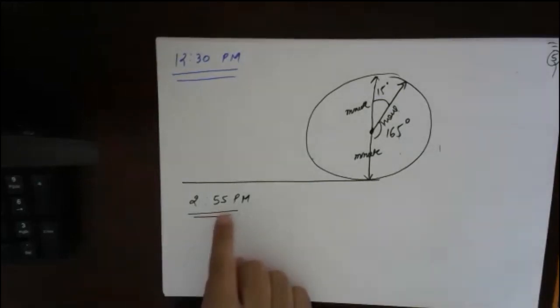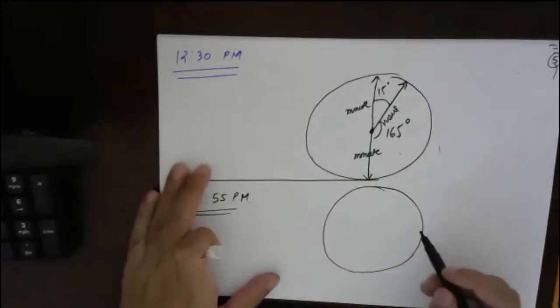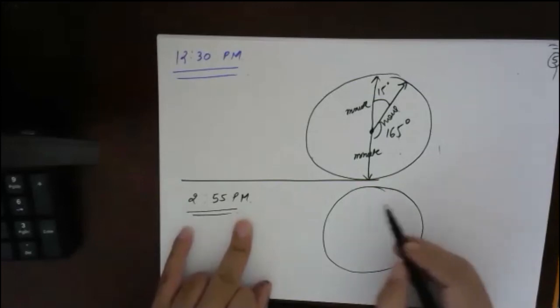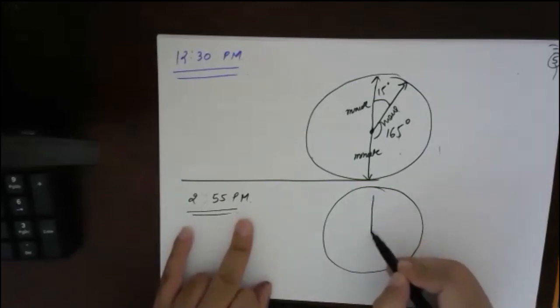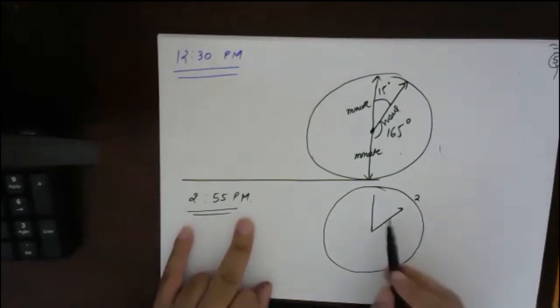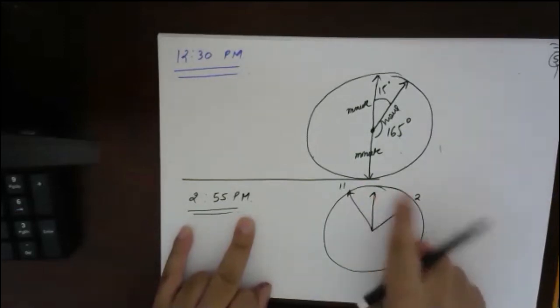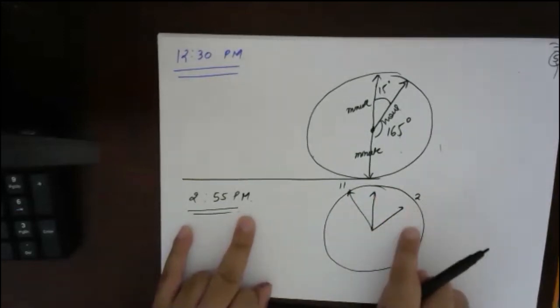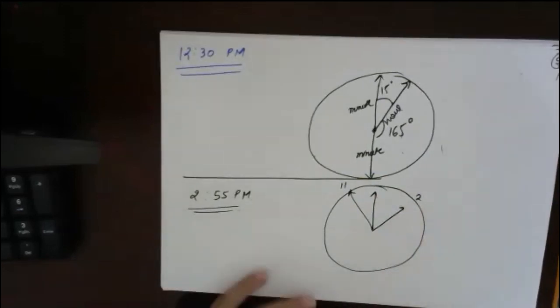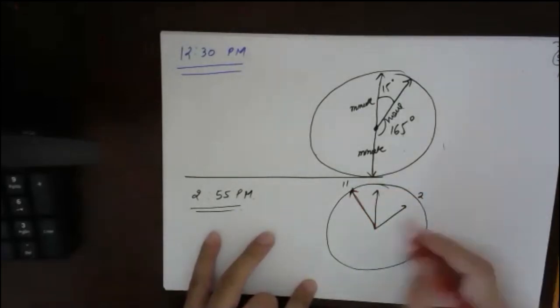Okay, so let's solve for 2:55. I'll solve it very quickly. At 2 p.m., this is the minute hand and this is the hour hand. The hour hand will be exactly at 2, right? For 55 minutes, the minute hand will move exactly to 55, so this will move to here. The hour hand will move somewhere in this side. So this is the final clock, this is the minute hand and this is our hour hand.